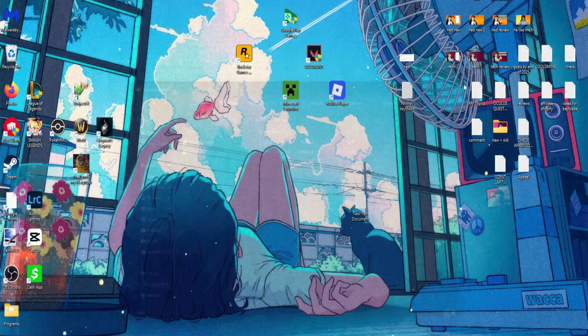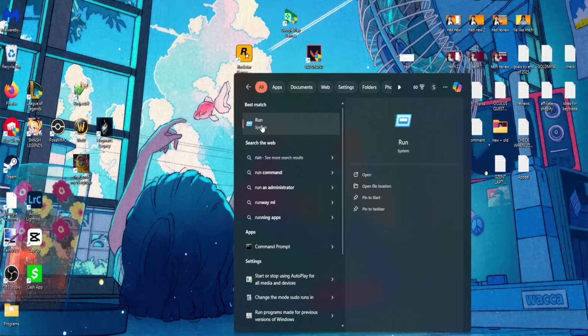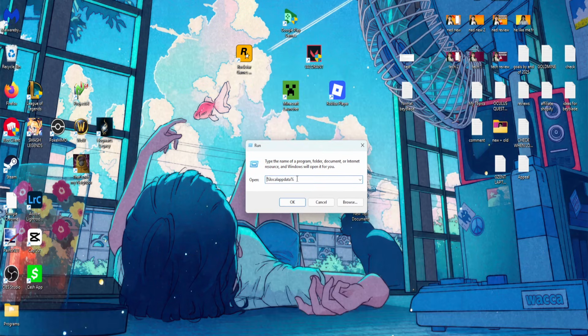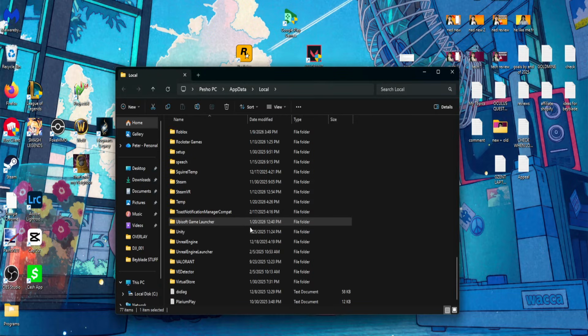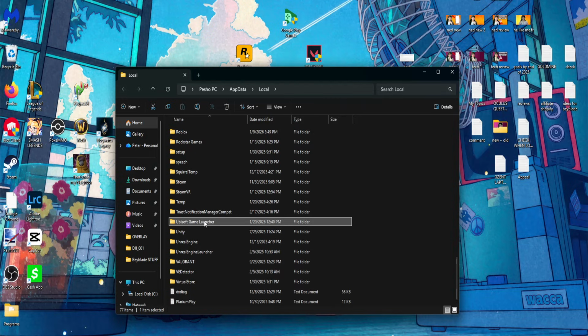Once you have done this, we can proceed to the second step, which will be opening up our computer search again, searching for run, and here you want to type this percentage local app data percentage. Click on OK, and right here you just want to click on any folder and type U, so you find